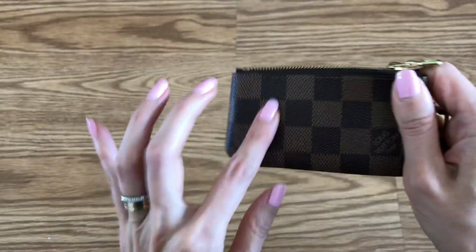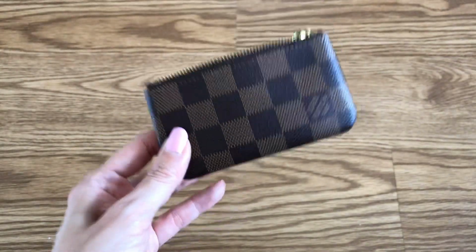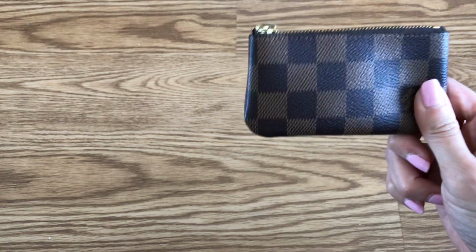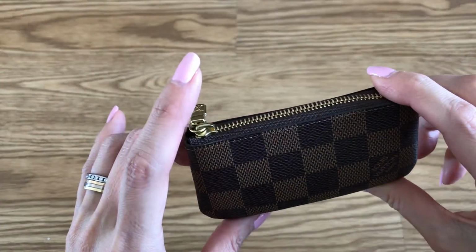I don't have car keys here. I don't have a car. I live in Manhattan and we walk everywhere. But if you have a large set of card keys, then that might be something that would be a little bulky for this. If you don't want to pay the price for a Louis Vuitton key pouch,